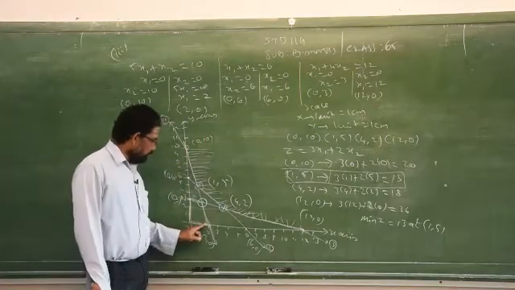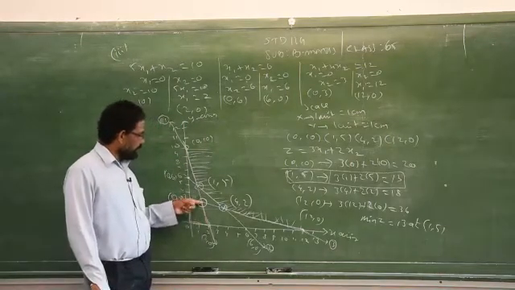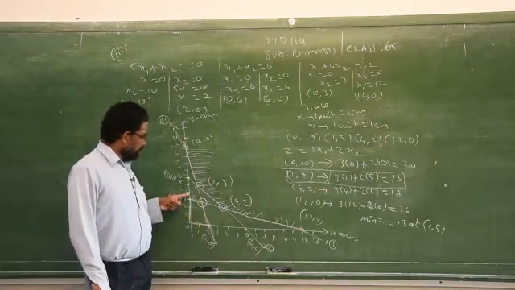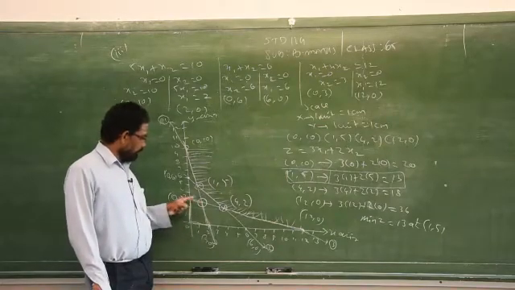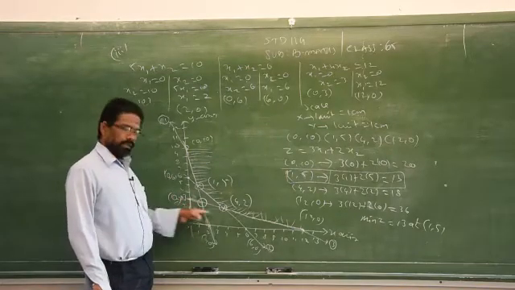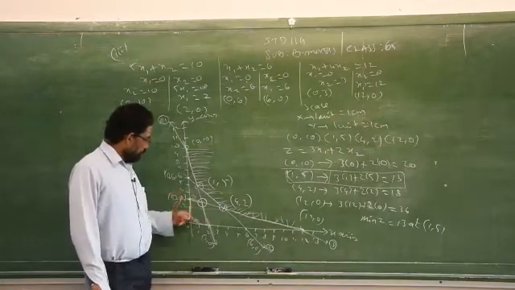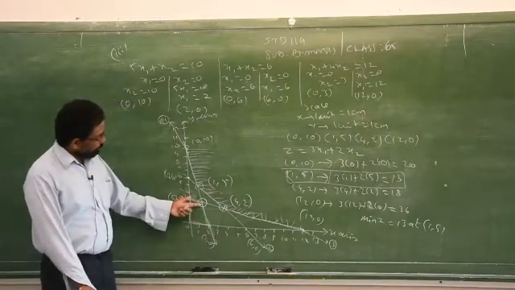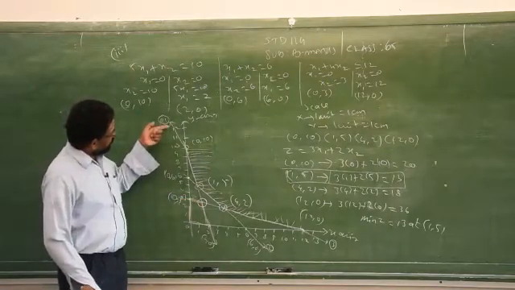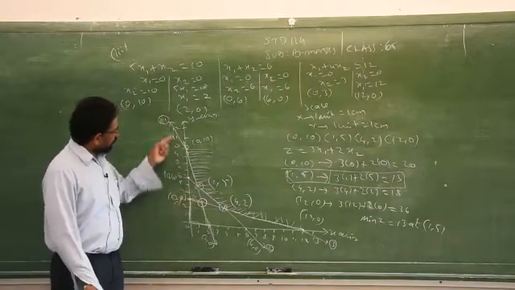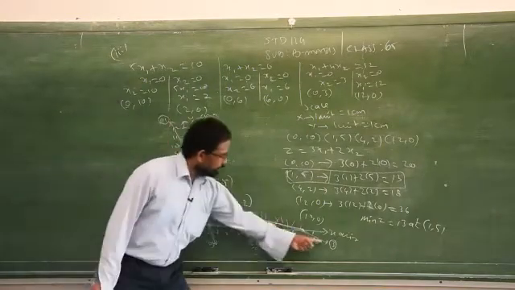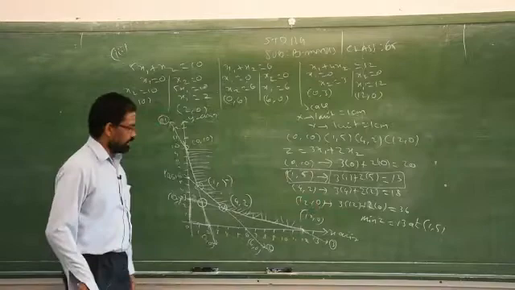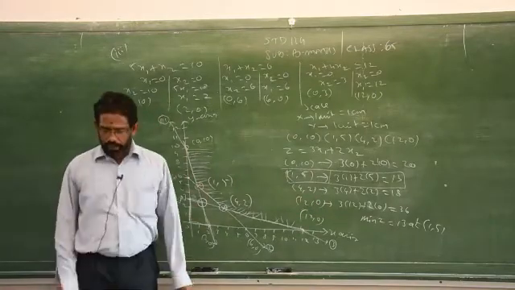You start from 0 to the first intersecting point, go up, again to the intersecting point, come to the left side, and close it. This is the feasible region. In the feasible region, we have 4 edges: 1, 2, 3, 4. There won't be any line passing between the edges. Out of these 4 edges, I don't know the 4th edge. To find the intersecting point, I have to see which lines are passing through that point: equation number 1 and equation number 3. Solve those two and write it over here. Again, by the usual method, you will get the answer. Clear? So this is the method to find minimum and maximum.